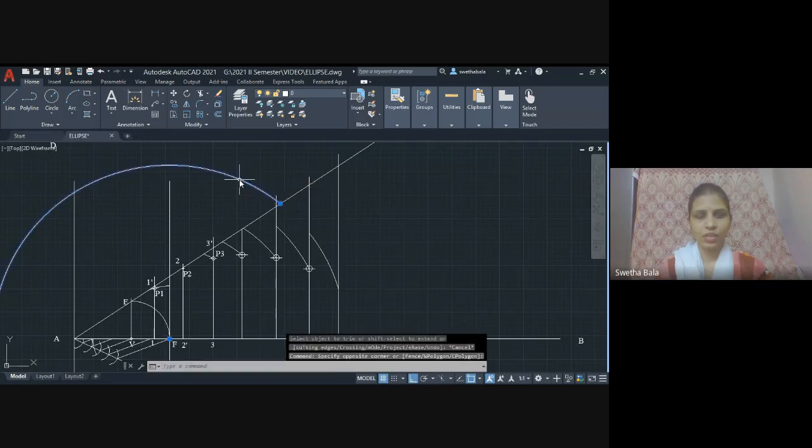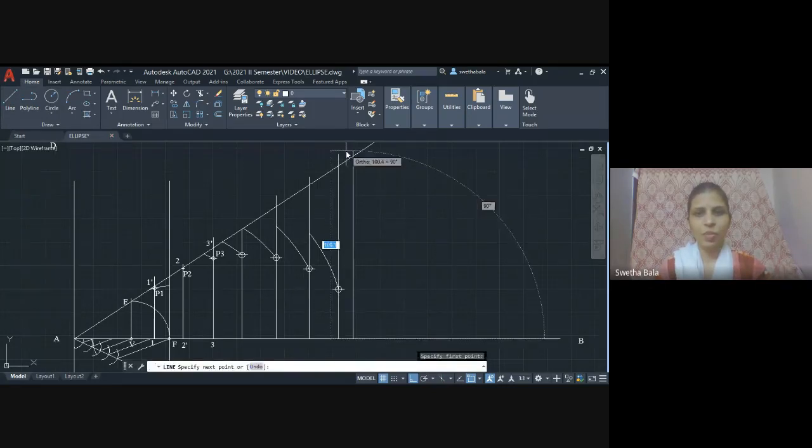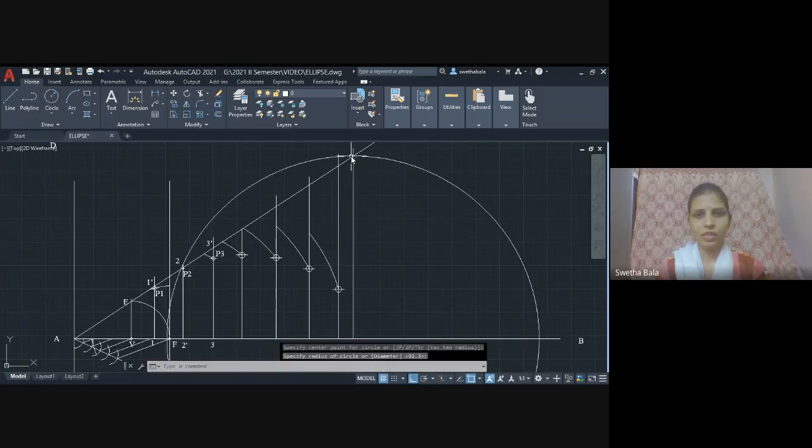Okay, delete it. And where is the point of intersection? Mark the point. Don't mark big points. If you are getting very big points, then just go with the point type and scale the points. Okay. So here, circle,